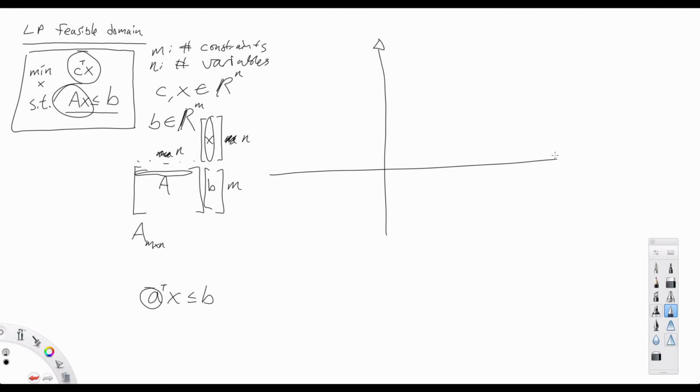Suppose we have a two-dimensional space. There's x1 and x2. And we've visualized what a half space is before. Suppose here's a half space. I'm going to say all the points on the other side of this cross-hatching are in the half space. Or in other words, everything on this side is infeasible with respect to the single constraint that corresponds to this